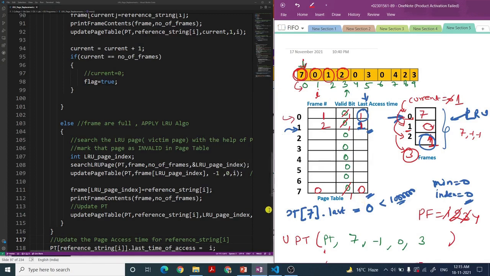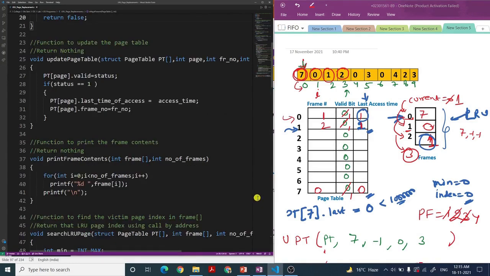Why? Because in my update page table I have taken 5 arguments, so I have to give this 5th argument. I cannot leave it as such, otherwise type compatibility will come. But I will not use this i. You can see here, basically I will set valid bit for sure, so this valid bit will be 0.